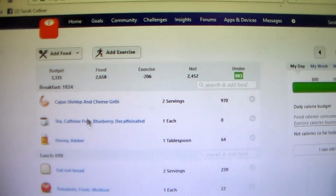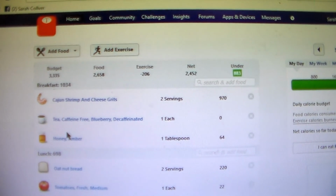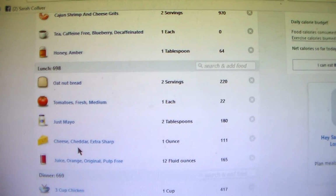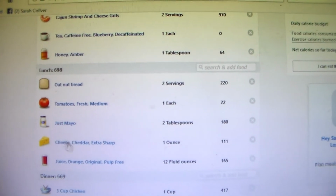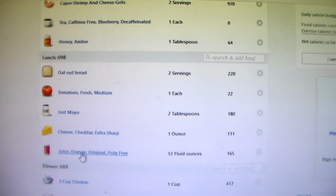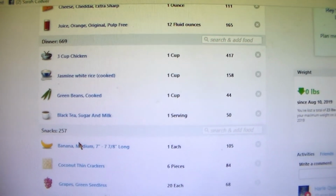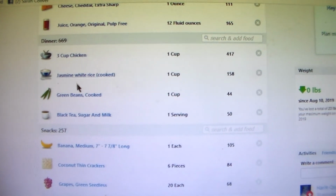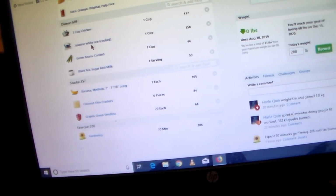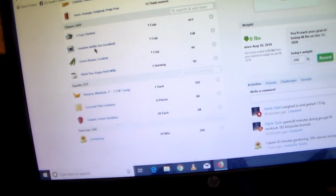Sunday, which is today, I had the rest of the shrimp and grits for breakfast with some blueberry tea with honey, and then I had a tomato sandwich for lunch with a piece of cheese and some orange juice. And then for dinner, my mom made me some 3-cup chicken, which is a delicious chicken that has soy sauce, sesame